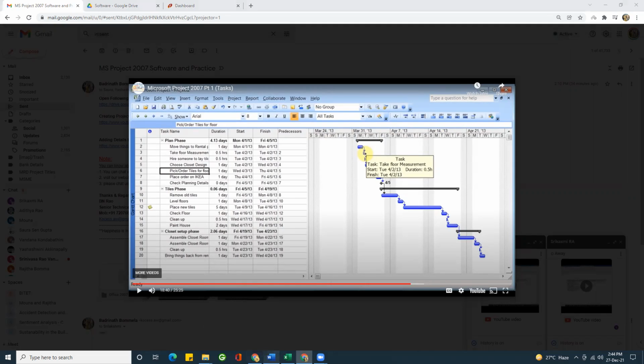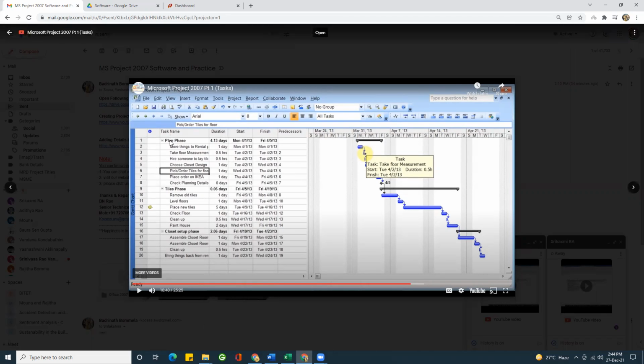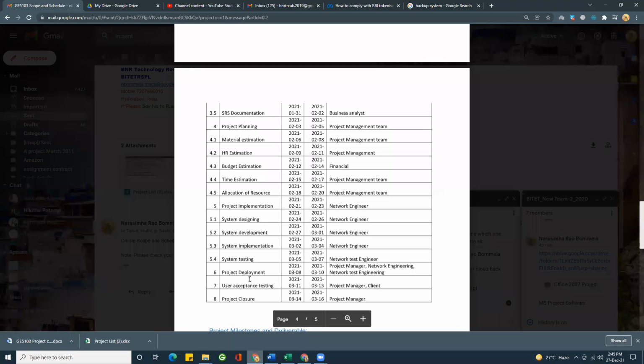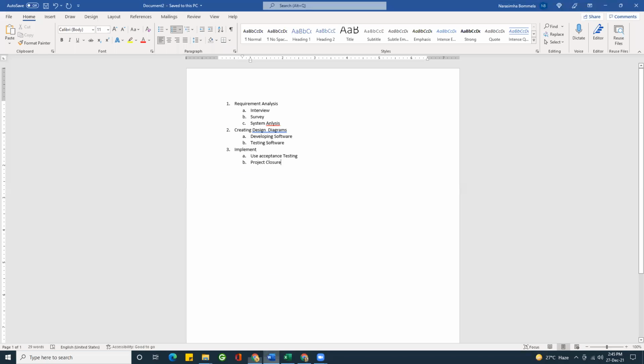So after creating the Gantt chart, you just copy this line of activities under task name. Whatever the activities are there, you just select all elements and copy paste onto your Word document, and they look like this. Maybe we have 3 main activities and sub activities. Now, by using this project schedule, we will be creating a WBS like this. What we do is we simply copy whatever the data you have,